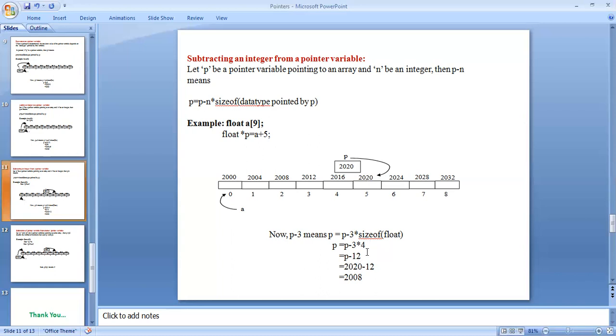Float size is 4. 3 into 4, 12. 2020 minus 12 equals 2008. That will be stored at array index 2.